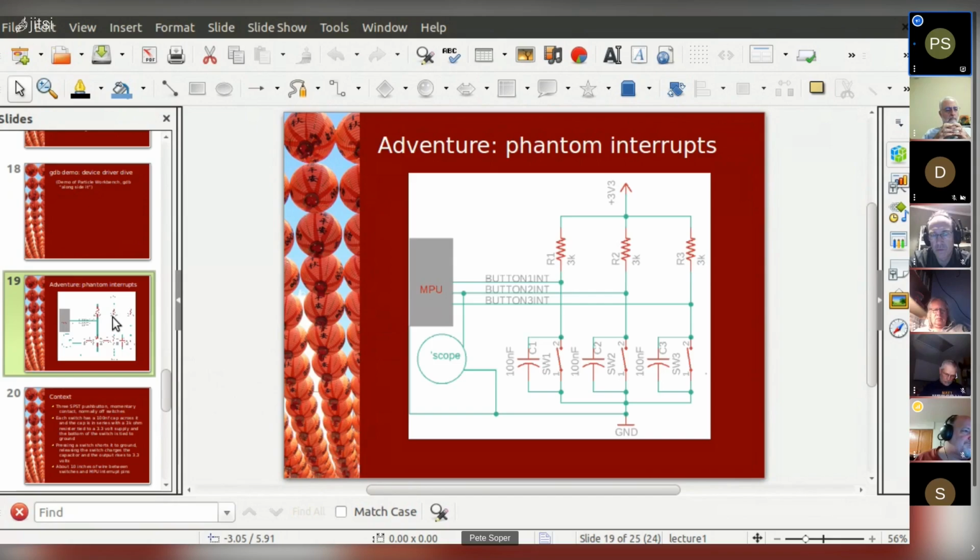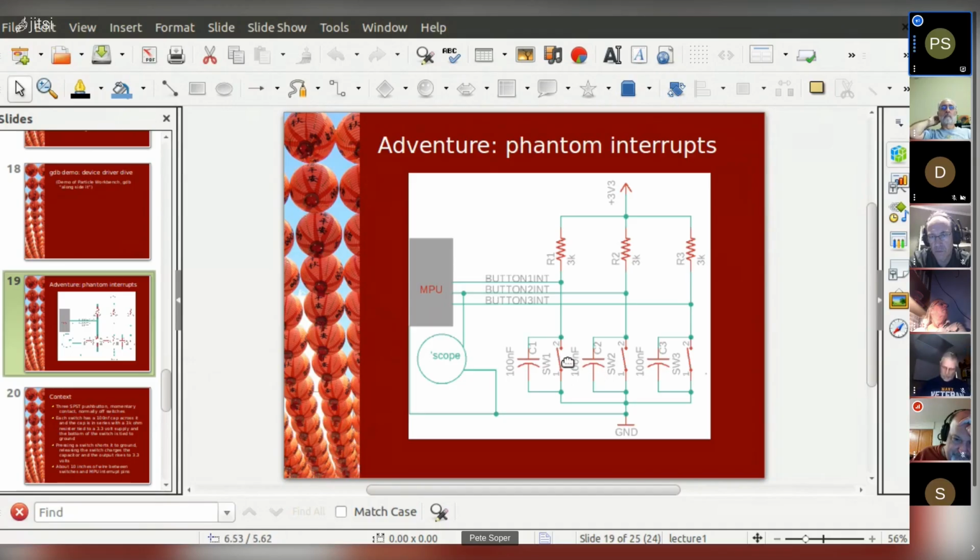I'm about to describe something that doesn't make any sense, but my oscilloscope is pretty good, and it doesn't lie. So here's what's happening. I've got these bog standard switches, and when you press one, it grounds the signal pin that's connected between the resistor and the switch. So it directly connects ground to the pin that's going to an interrupt on the MPU.